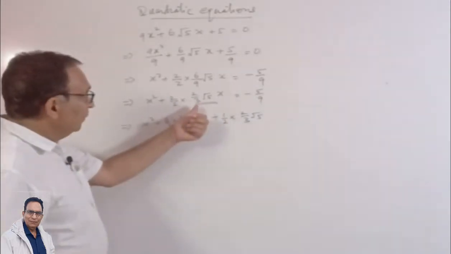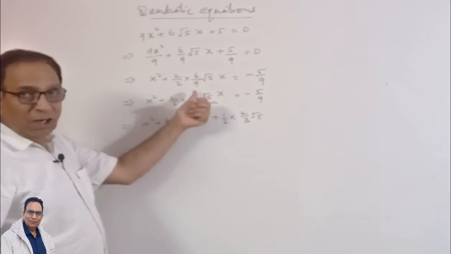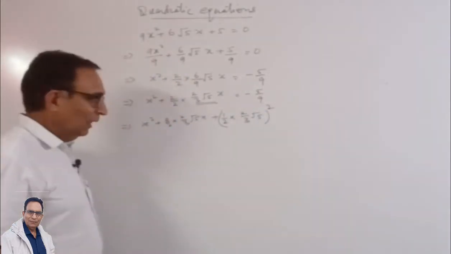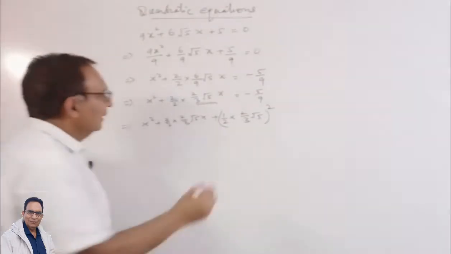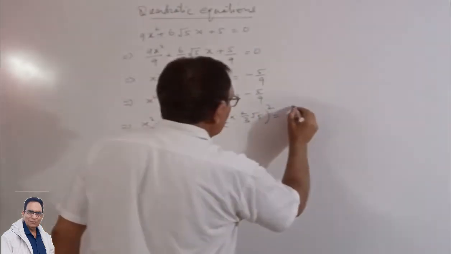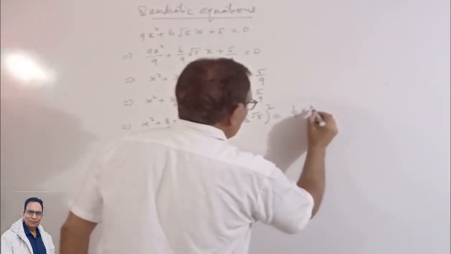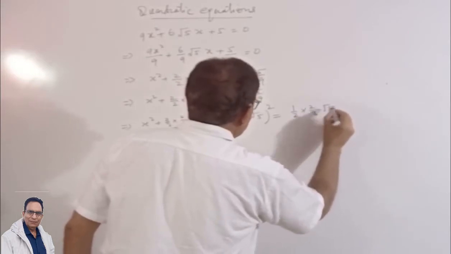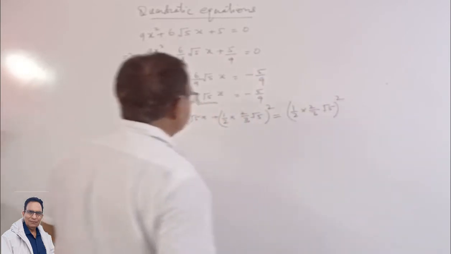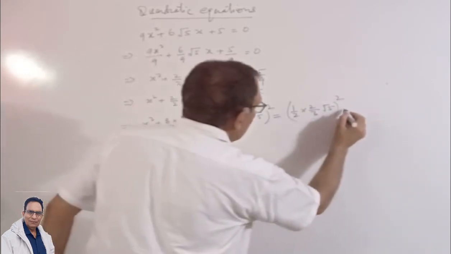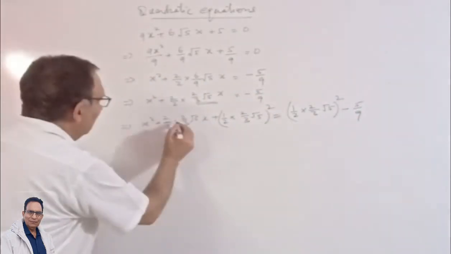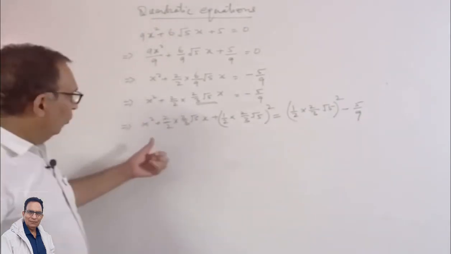Half of the coefficient of x, and what you do, raise the power 2. This is the part extra you are adding here. And if you are adding this side, you have to add to the right side also. So I write 1 over 2 into 2 over 3 radical 5 raised to the power 2. And here it is already minus 5 over 9. Now, this is the part you have. What you do now,